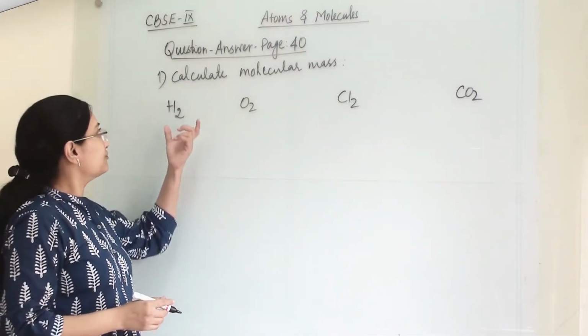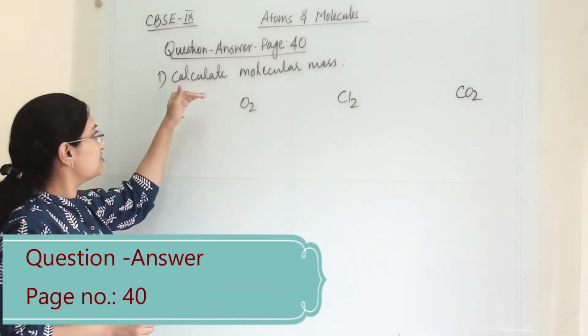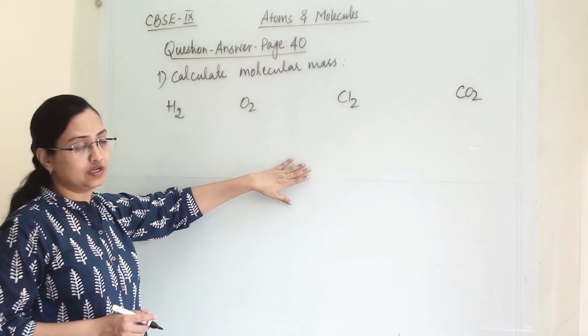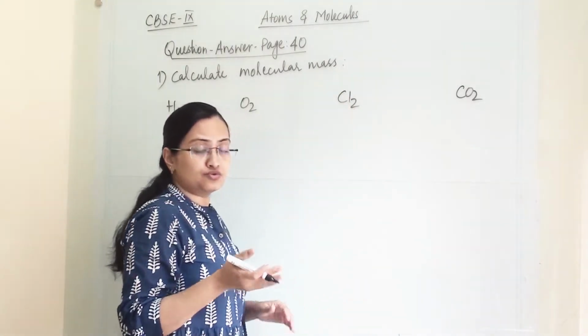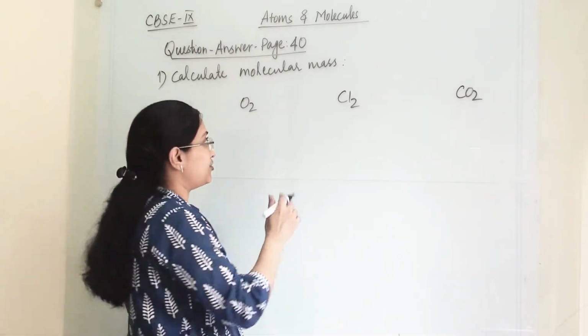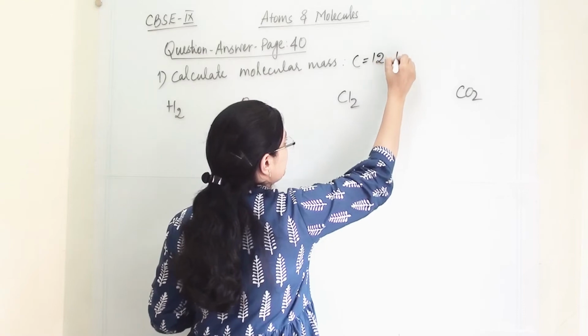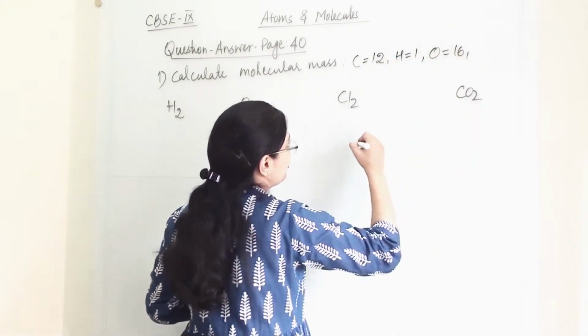Our next set of questions is from page number 40. In this first question, we have to calculate the molecular mass of the following compounds. Whenever they ask you to calculate molecular mass, the atomic masses will be given to you. What all atomic masses will be required in this? So these are the atomic masses